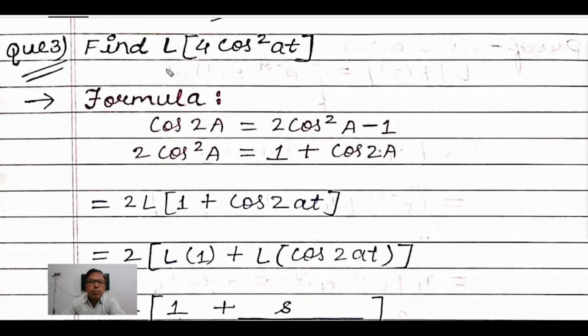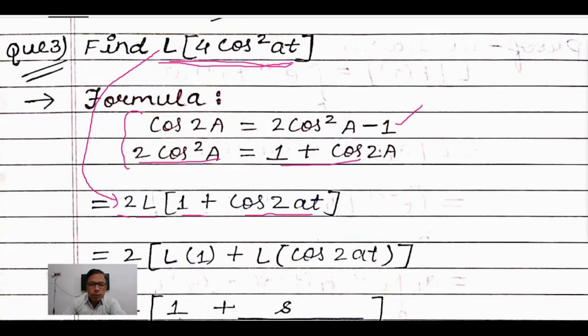Laplace of 4 cos square at. So we know the formula for cos 2a equals 2 cos square a minus 1, and we have 2 cos square a equal to 1 plus cos 2a. So by using this formula, the above question can be written as 2 Laplace of 1 plus cos 2at,